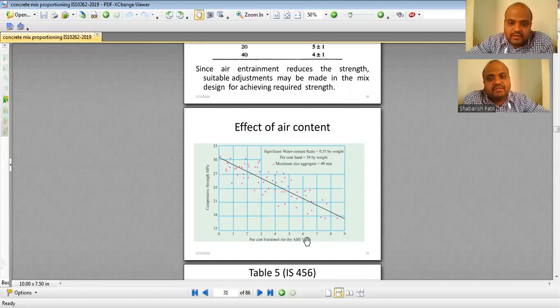If you look at this, at around 9% of air voids, your strength has been drastically reduced from around 30 MPa to less than 16 or 15 MPa. So we have to reduce the air content in the concrete.